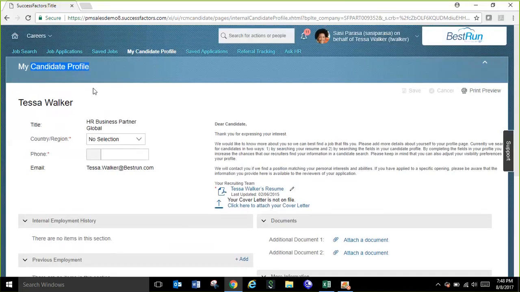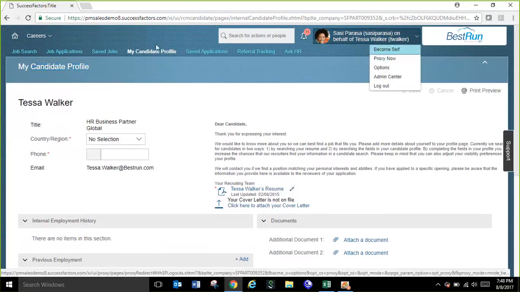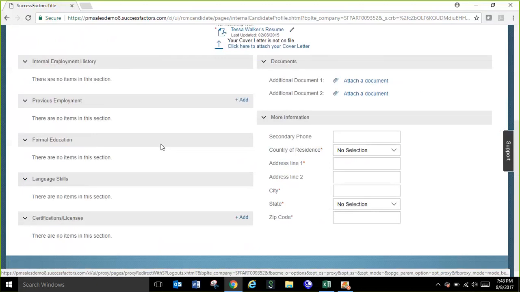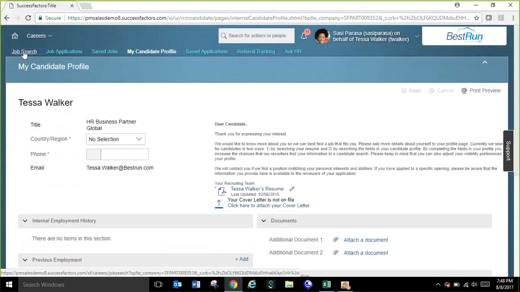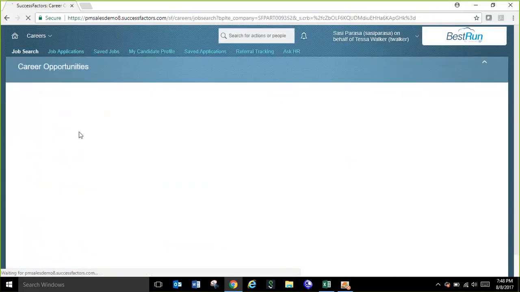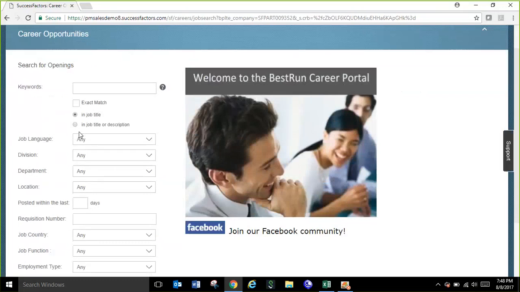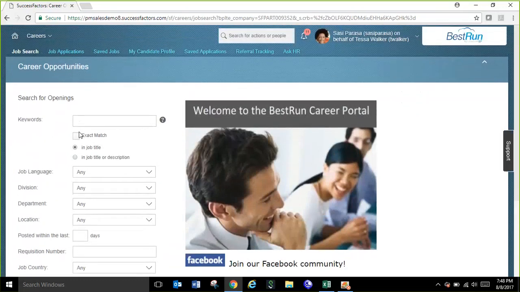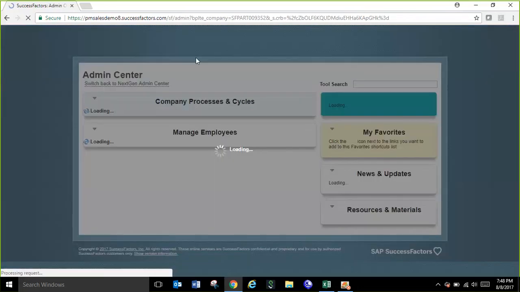In the same way, there is an external career site that we can configure. So this one is a candidate profile for the internal career site, and this is the internal career job portal. Here is the place where all the internal employees come and search for the jobs if any relevant jobs are there for them. But coming to the external career site,